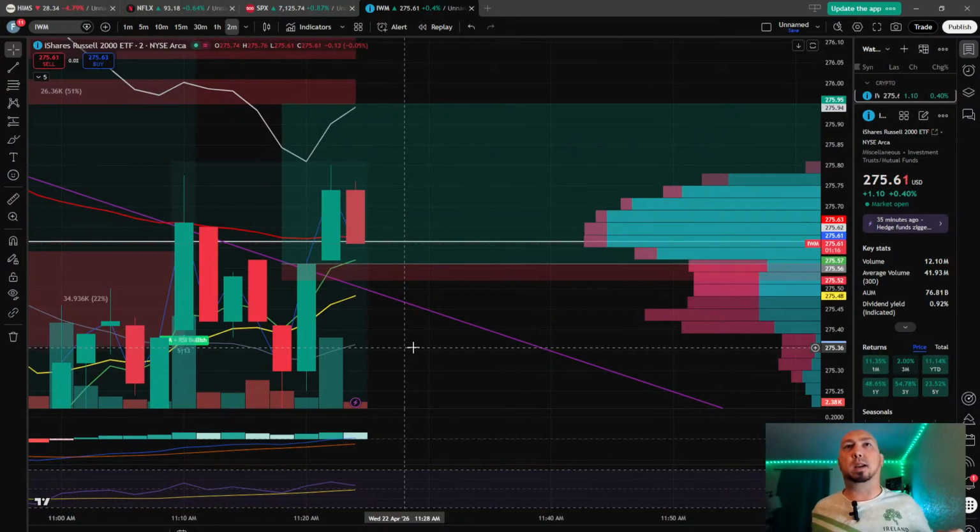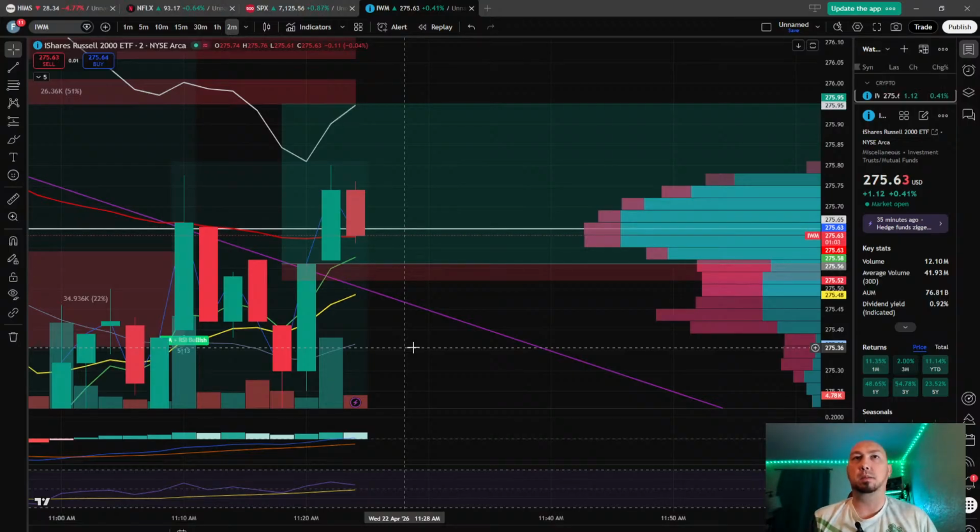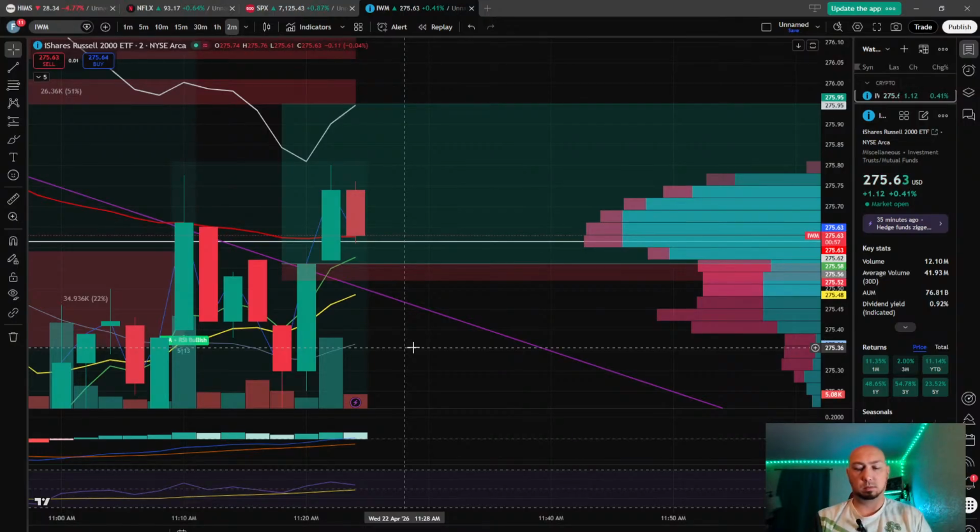Oh, like I said, red candle. That's what I thought. We're going to test that 50 before it does anything. This is why I didn't get rid of my puts yet, because I was not convinced that this was entirely a bullish move. But we'll see.